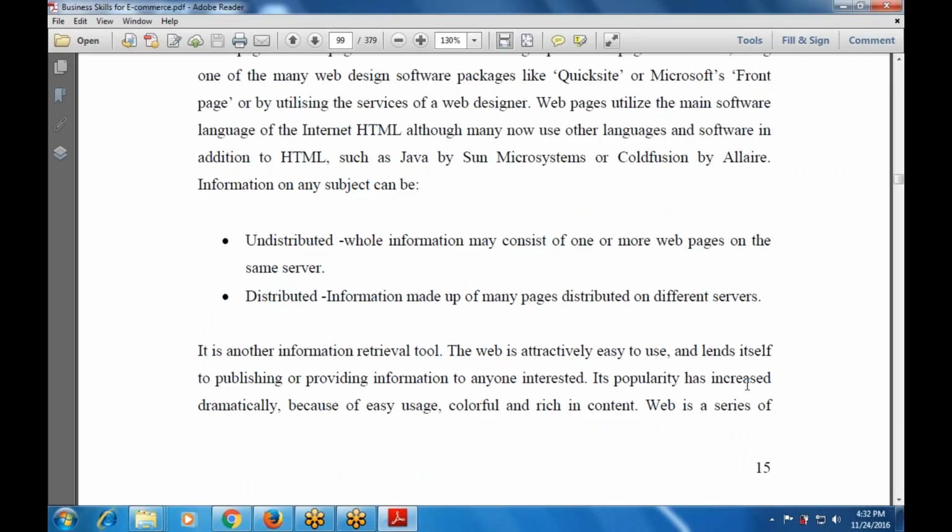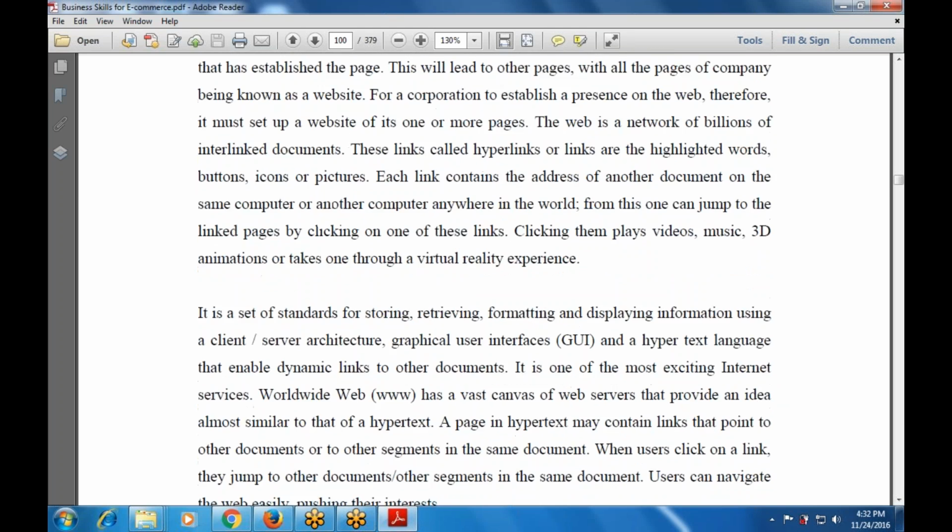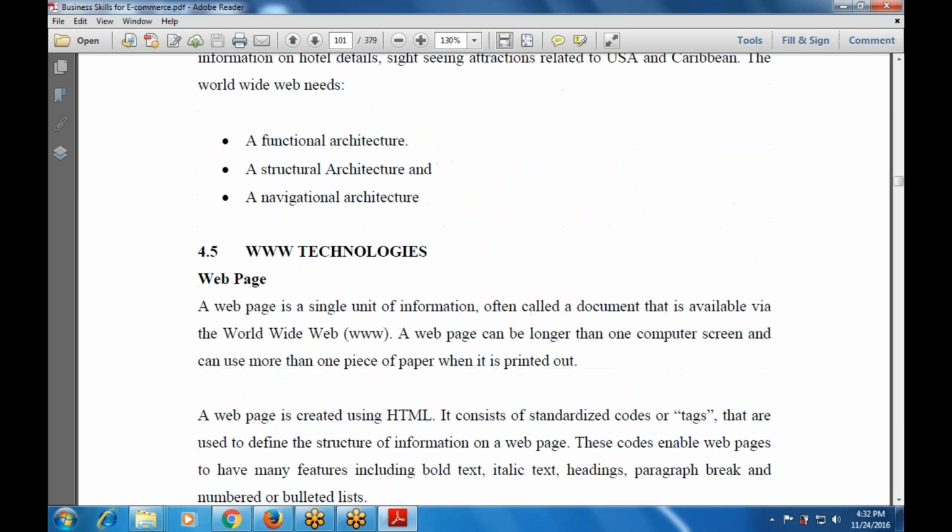Now, HTML is also provided by Java or Sun Microsystems. The information on any topic that is available is also distributed with this. Now, what are the various technologies? One is a web page,